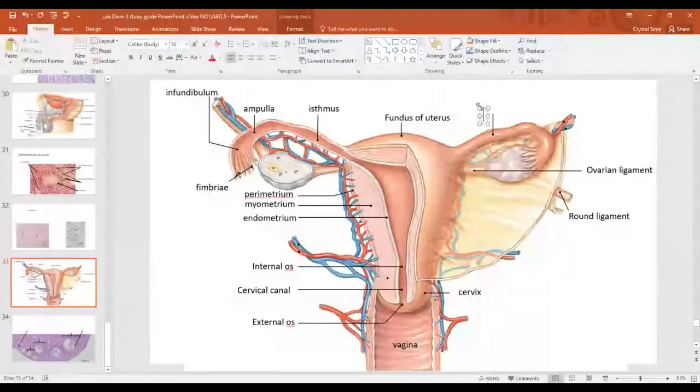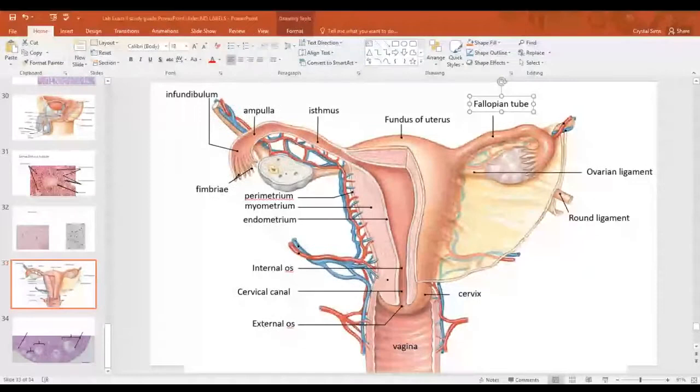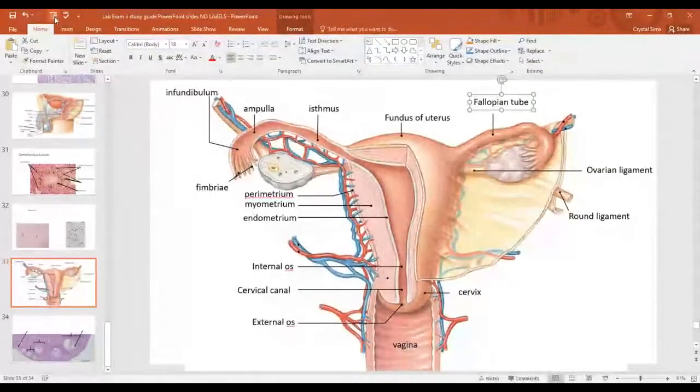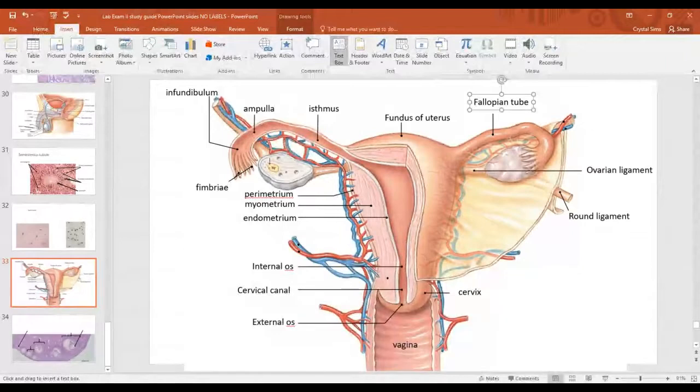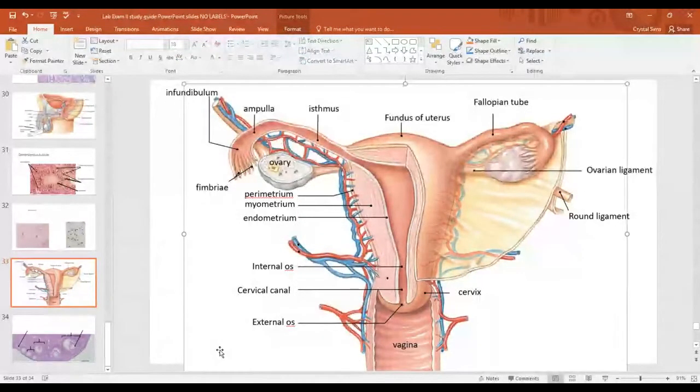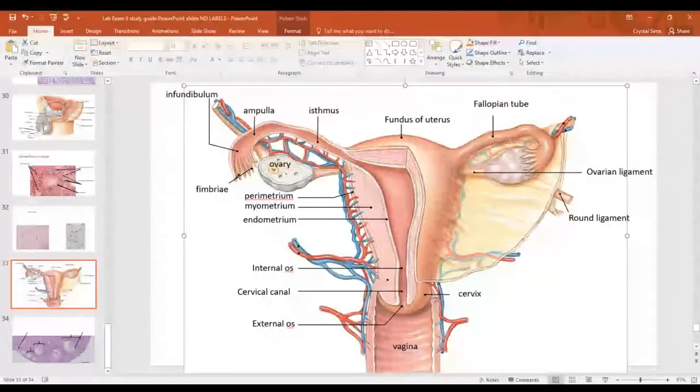Then I have the cervical canal, still moving up on the left side, starting at the bottom and going up. I have the cervical canal, and then I have the internal os. Okay. And then next comes my 3 layers of the